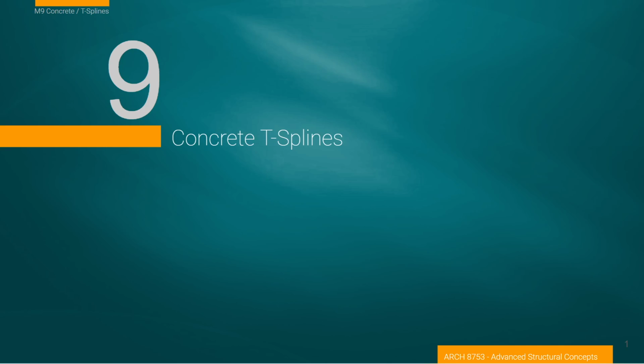I usually try to include a material and then a modeling method. And this is going to be one of the cases where this is probably the biggest stretch, concrete and T-splines. T-splines is a modeling technique. And one of the reasons is that concrete is right now coming out of favor in use in construction because of the heavy footprint of CO2 gas that it emits during its production. So a lot of this presentation is going to be somewhat negative about the use of concrete, but we will